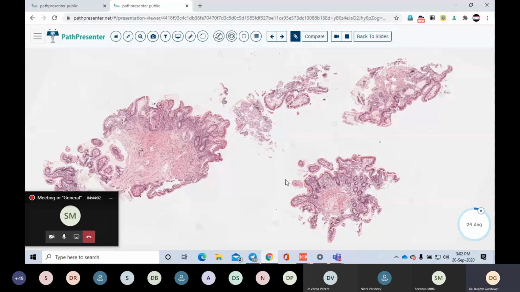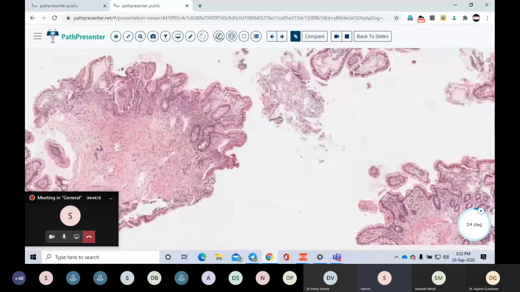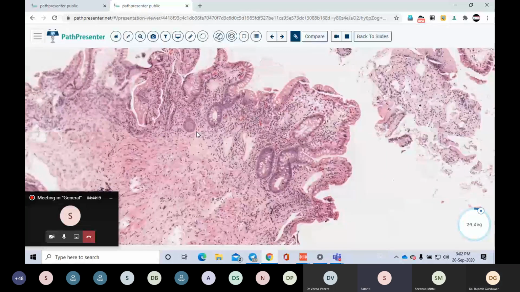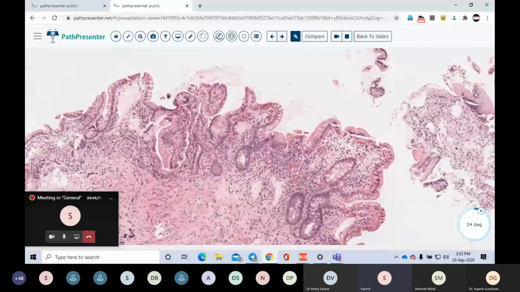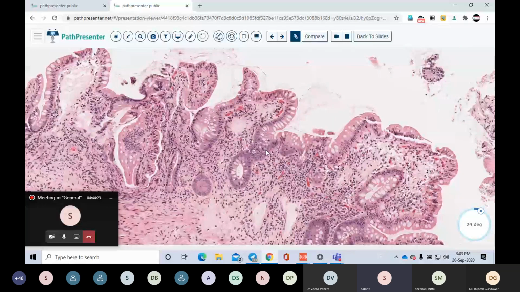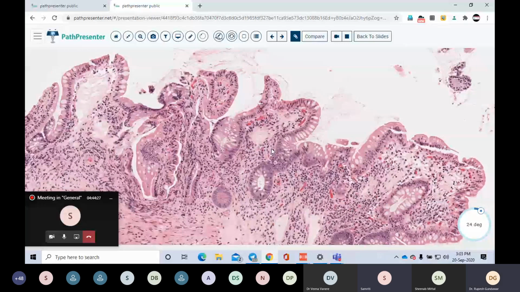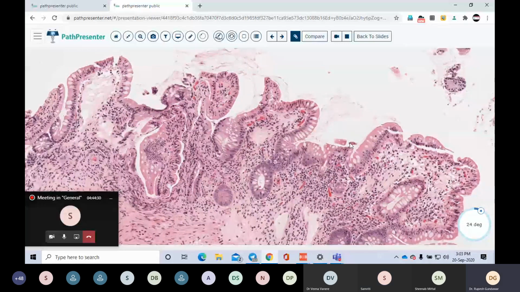So we have discussed the steps of biopsy interpretation. You will see the villus, you will see the crypt, you will see the lamina propria. Villi are blunted and there is architectural distortion. Okay, fine. And there is a mild increase in inflammatory infiltrate, and the lacteals are dilated. Right. See, these are the lacteals, these are dilated.